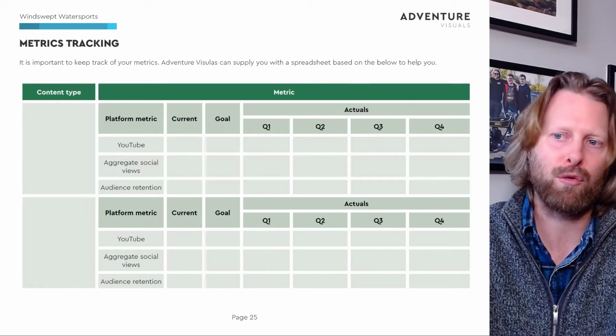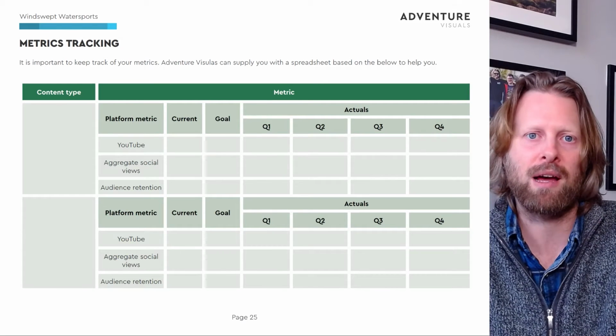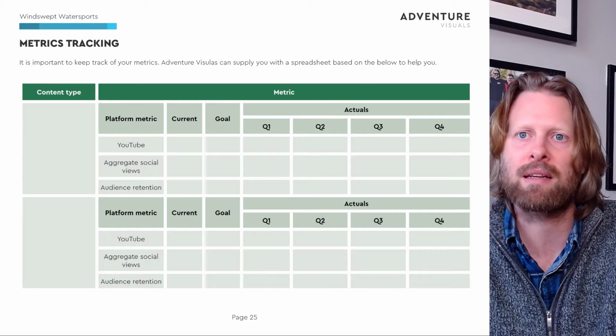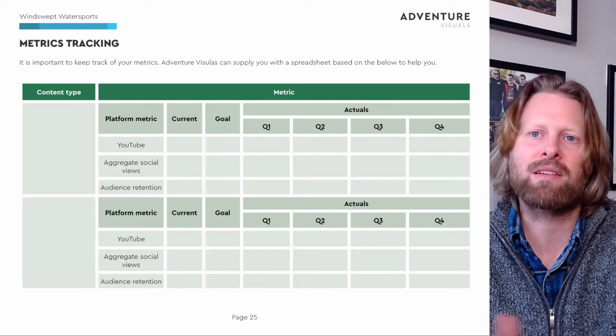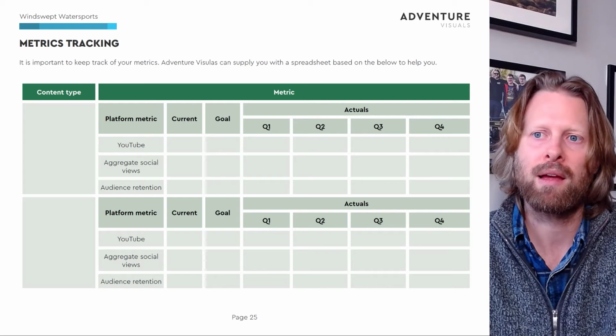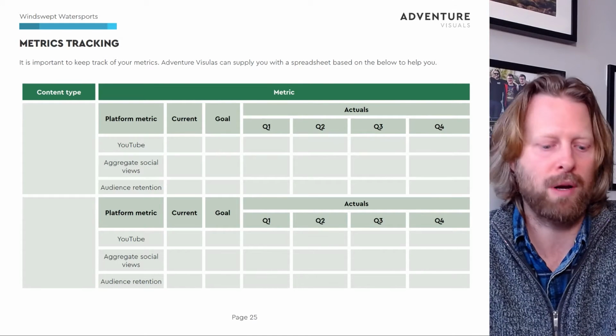Then throughout the year we're tracking that and helping you manage it and working out whether you're hitting your goals. If necessary, we can make changes, update the content, etc. So it's a really great way of tracking to see if everything's working.